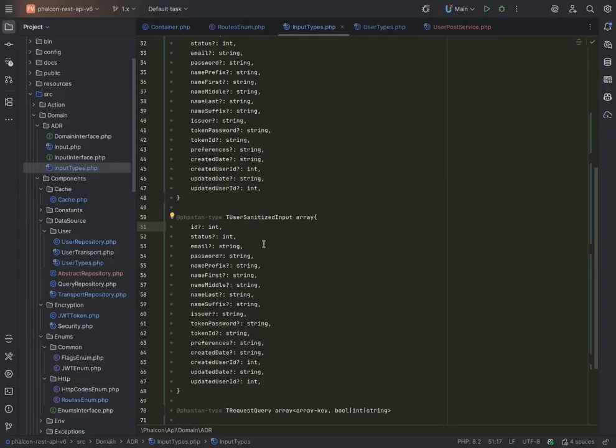Now this can very well be a transport object, and we are going to make it in the next part, but for now let's keep it as a simple array,